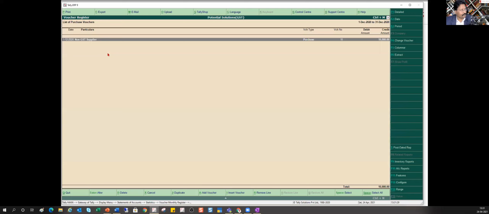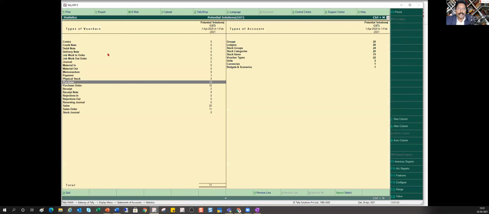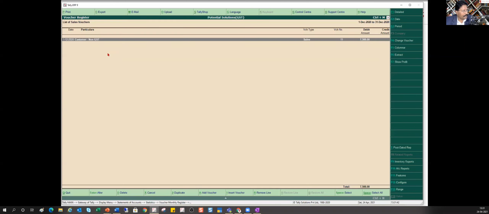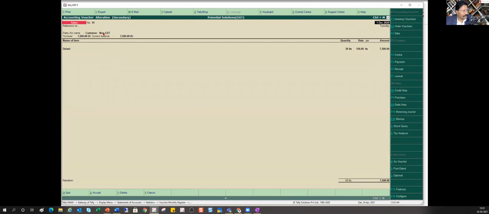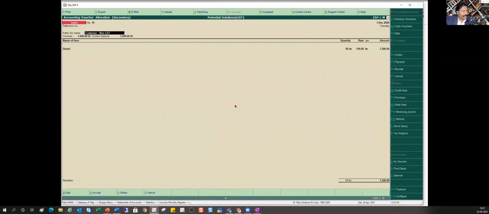Okay, so I have entered this purchase, and let us say I am also selling this as a GST registered dealer. I'm selling this outward supply. So I'm going to go to sales in the month of December, enter, right? So again, customer, non-GST customer. Again, here it is the same thing. You can sell to a regular dealer, whatever. No change in your customer master. Okay, and item I have already done, right?